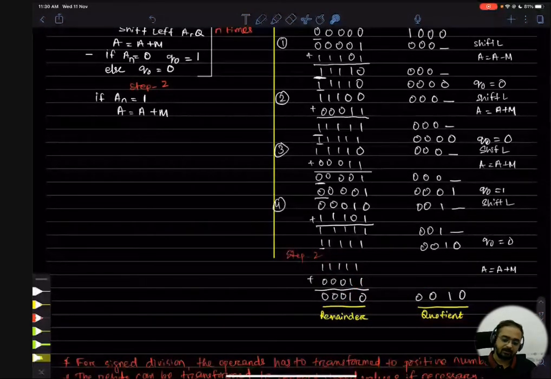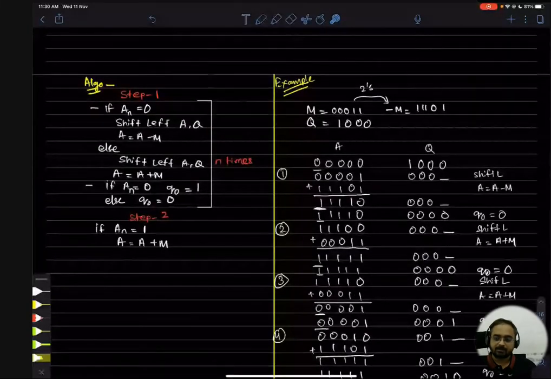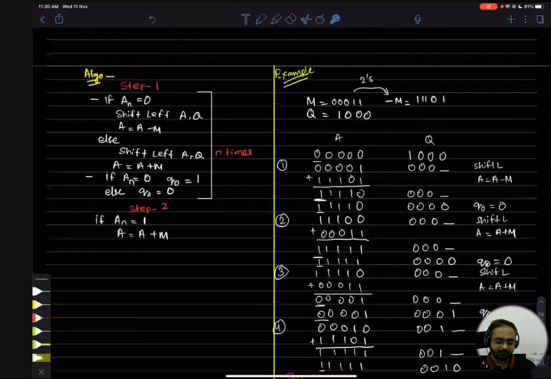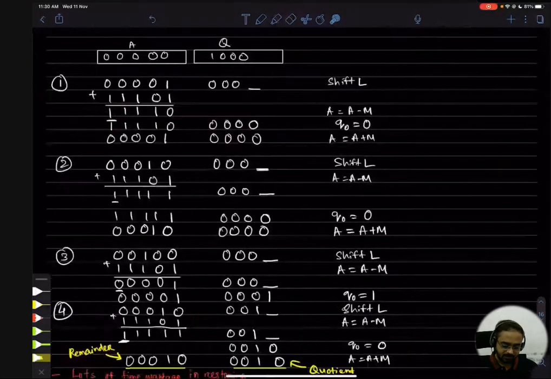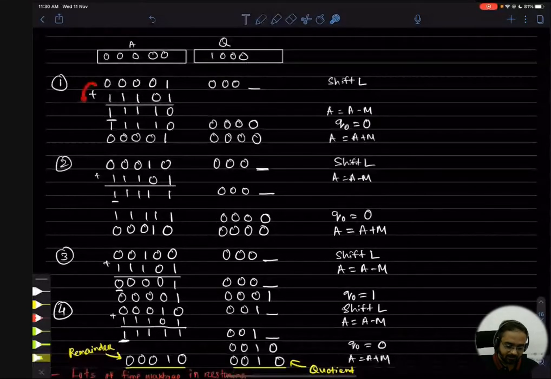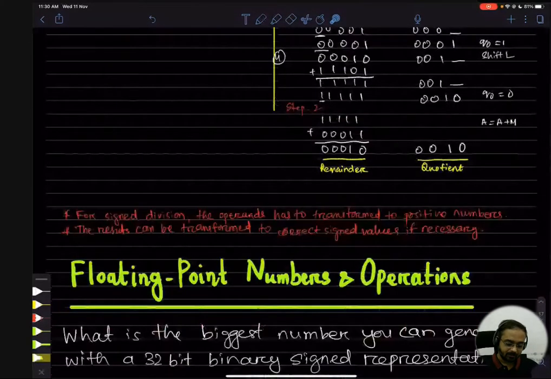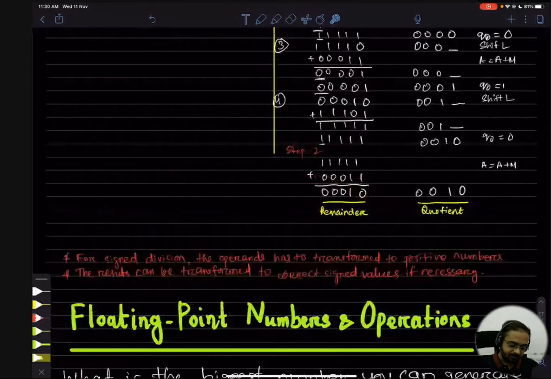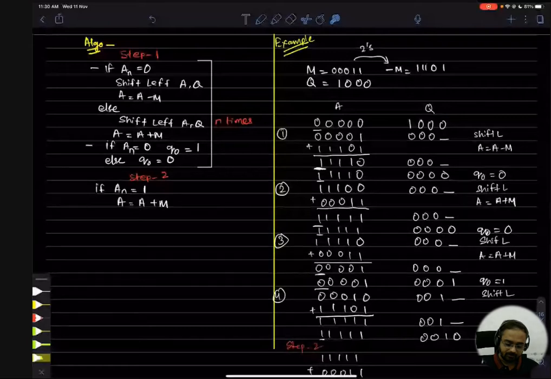So this is our non-restoring division, because here you don't have to do A minus M and A plus M to restore your data. Previously what we were doing, we were doing the A minus M operation and then the A plus M operation, so that the original result would be restored. But in this case we are not doing anything like that. So that is the division process for binary numbers, and in this case we have seen only the positive number division.